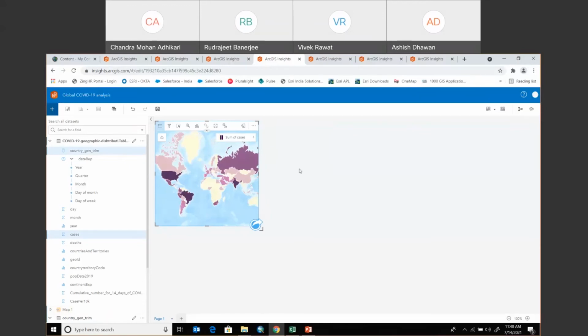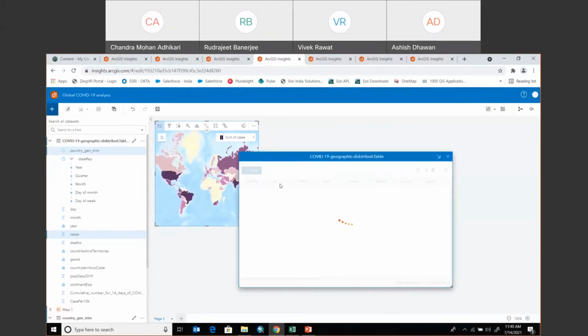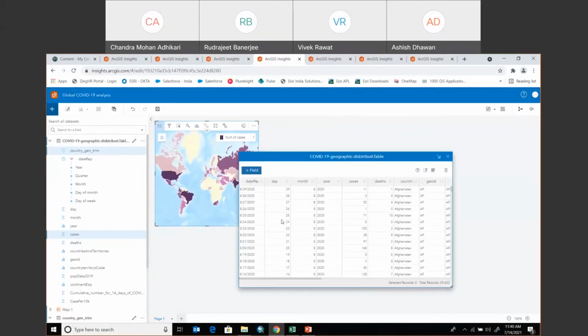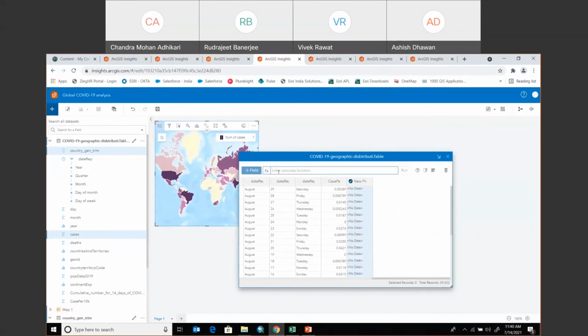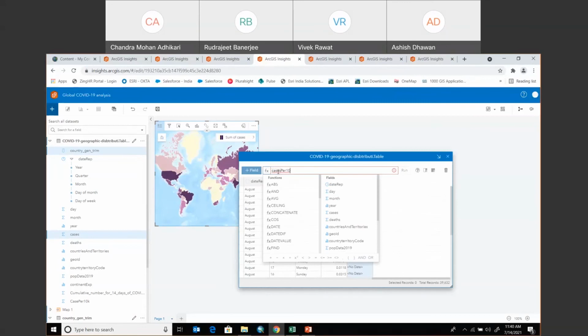Suppose I am very much interested to see the cases per 10,000 population. How can we perform it? You go to the table options, where it will give you an option to add a new field. So I want to add a field with the name, say, cases per 10,000.